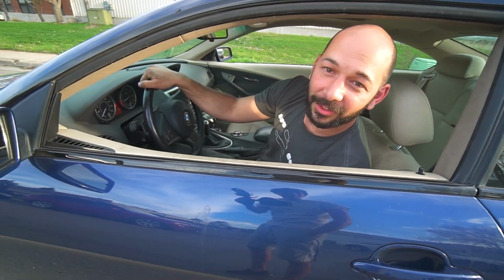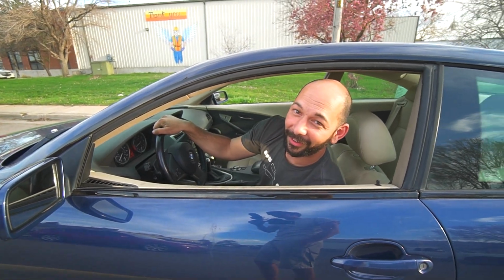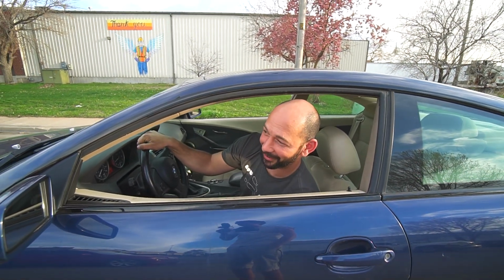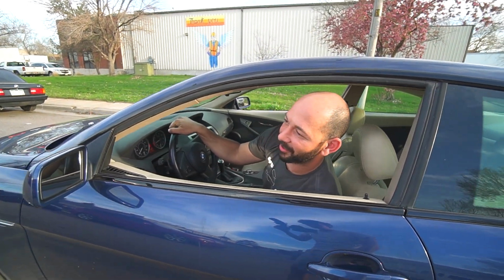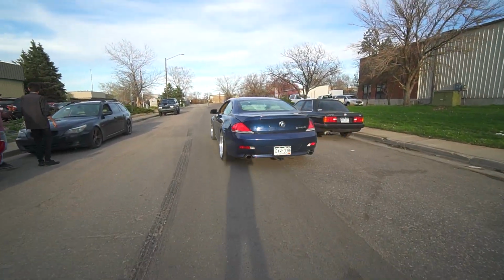So that's the drag race portion of this comparison, but I'm excited for the track comparison of these cars. So the next time you'll see these two together is probably at High Plains, because I don't think that thing is going drifting. Probably not. But speaking of drifting,